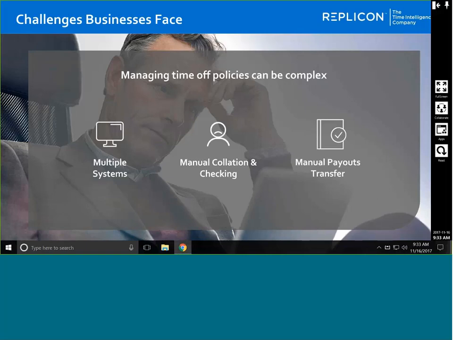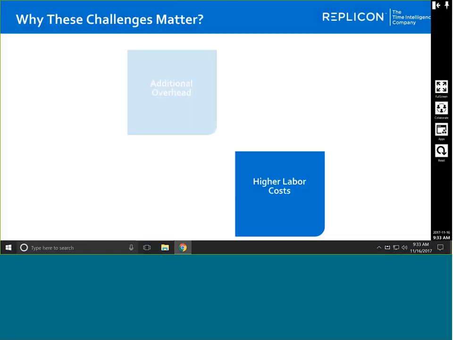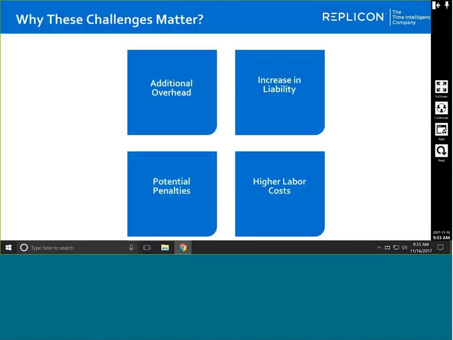And in some cases, they calculate and track that time off manually via spreadsheets. Employees usually contact supervisors and payroll managers for balance information, and then that data is transferred to payroll manually. So all of this causes a lot of inefficiencies and errors that lead to some pretty